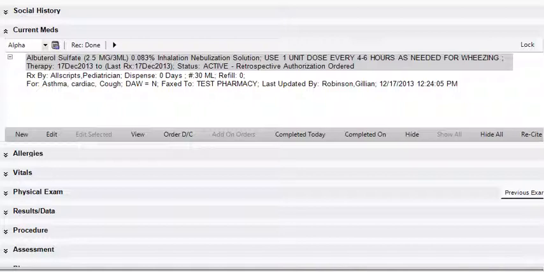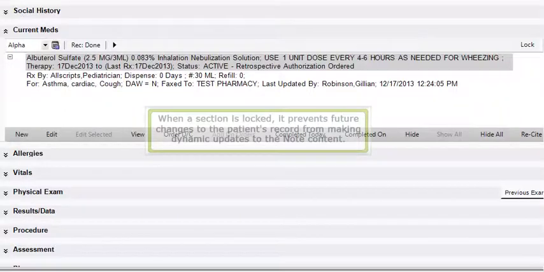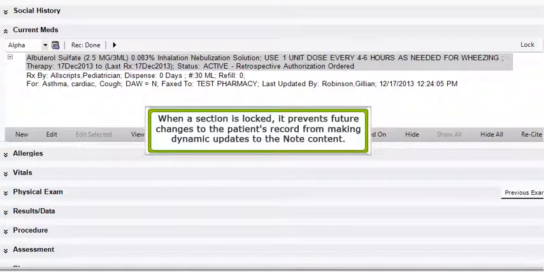We are now viewing the Current Med section of the note. The lock feature is located at the top right corner of the section. The lock function allows you to capture a snapshot of the current information before the note is finalized. When a section is locked, it prevents future changes to the patient's record from making dynamic updates to the note